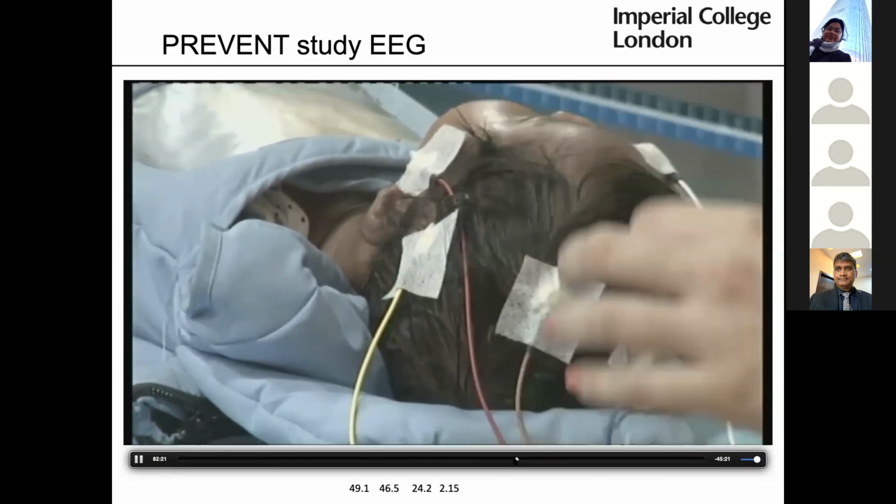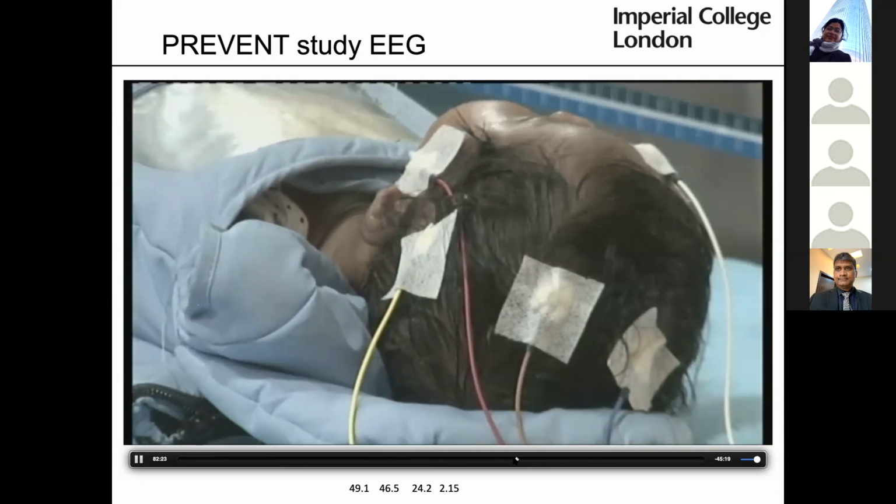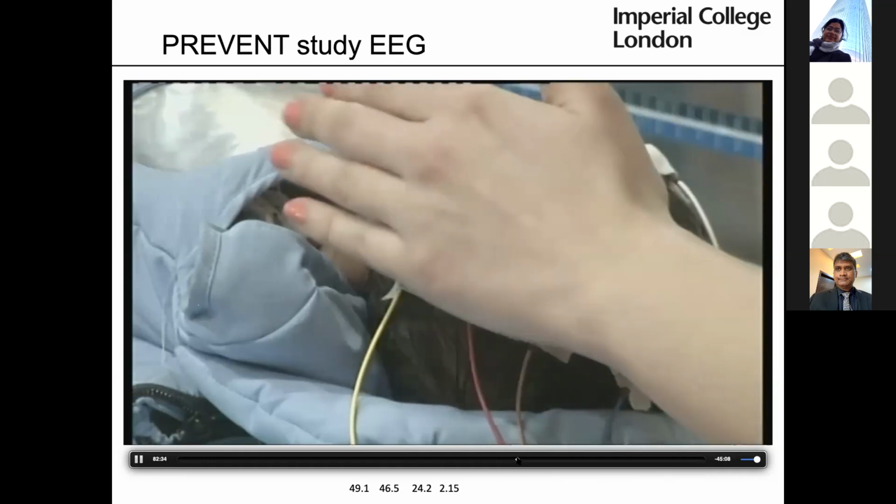So which one should I go next? So that's your C3 going there. So we'll try to do the right side now. You might just need to move the baby's head. So I'm just going to move the...